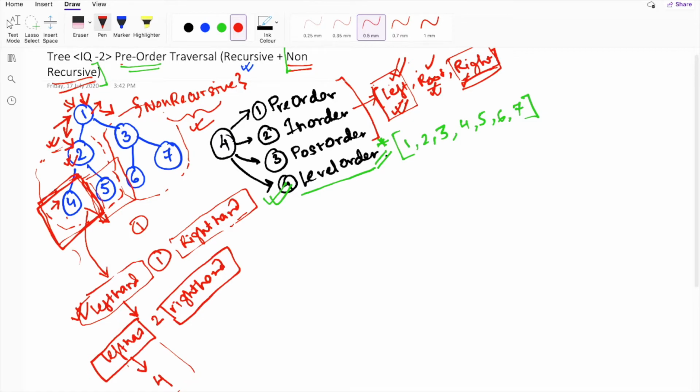Now we will again backtrack upward and we'll see what is over here. Here we have 2, which is already printed, and then we will expand the right hand side of this 2, that is this subtree. Over here on this subtree 5, we will check the left hand side of the subtree, the root and the right hand side. Here also we don't have any left hand side and right hand side subtree, so we don't have anything to print on the left hand side. We'll just print the element 5.